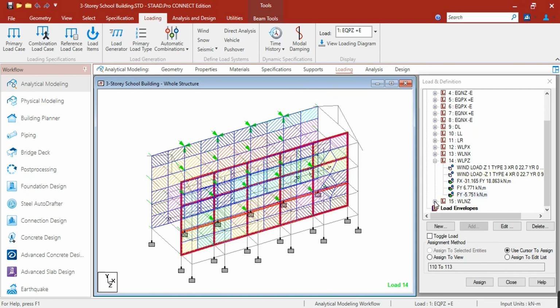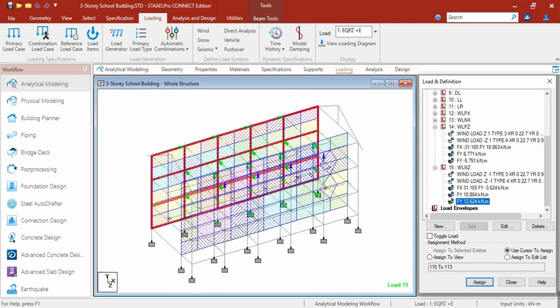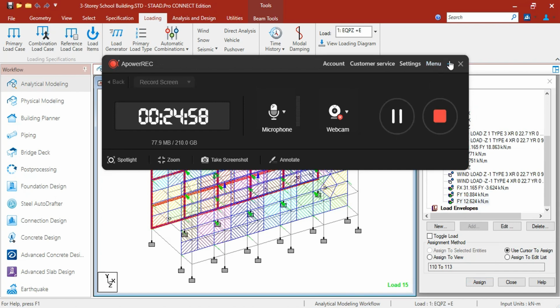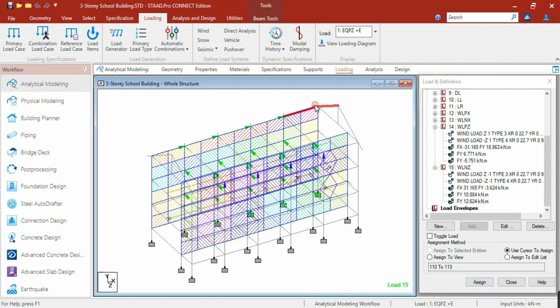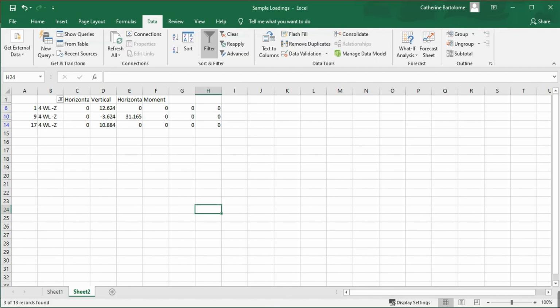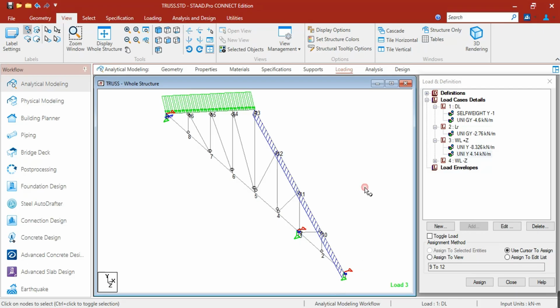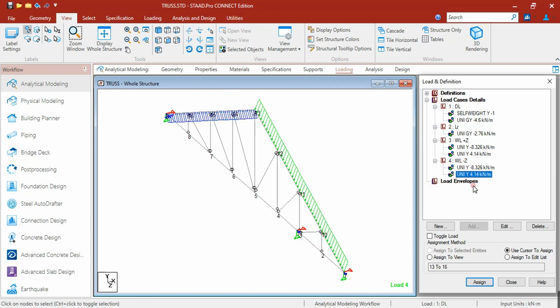After that, we also have to input the wind load for these roof girders for positive Z and negative Z direction. So we can use the same inputs from our truss model, then just divide them by 2.